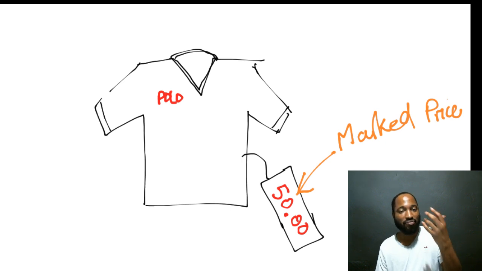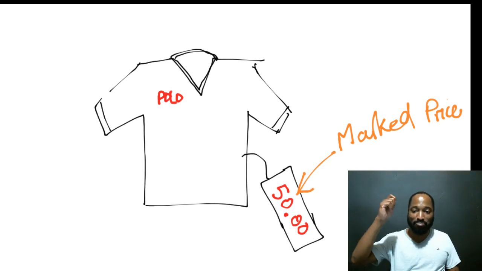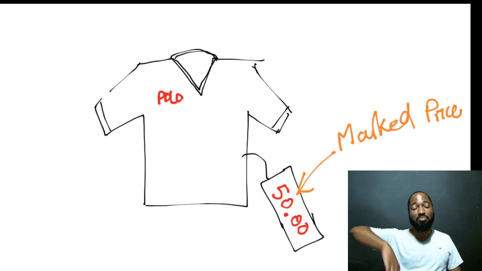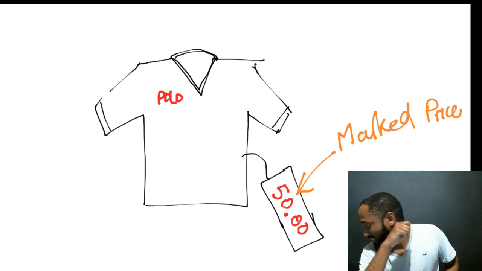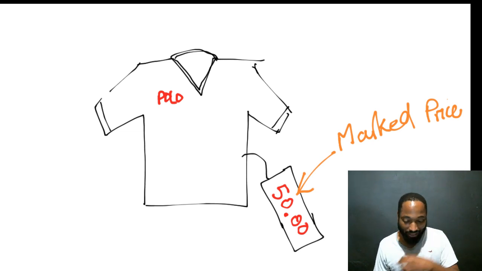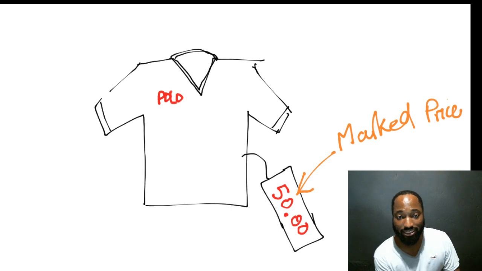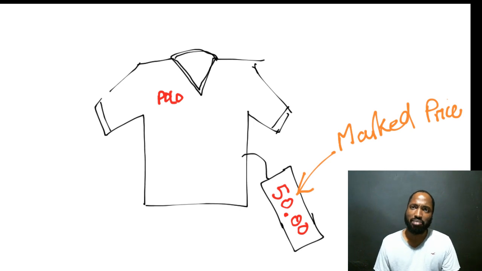So if they have $50 there, and you go up in Francis Fashion and you put the shirt down, and there are sales, that's great. And you whip out your card and you have a black card, all of a sudden the selling price is 25% less for you. I have my Francis Fashion black card too, but I didn't bring it. So you're going to pay $40-something, and that will be your selling price. The selling price is how much you actually pay at the counter, but the marked price is how much they advertise the jersey for.